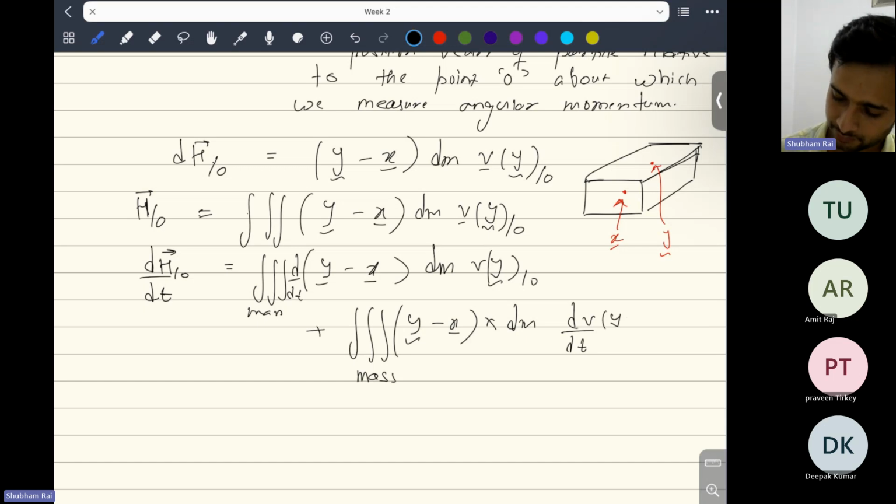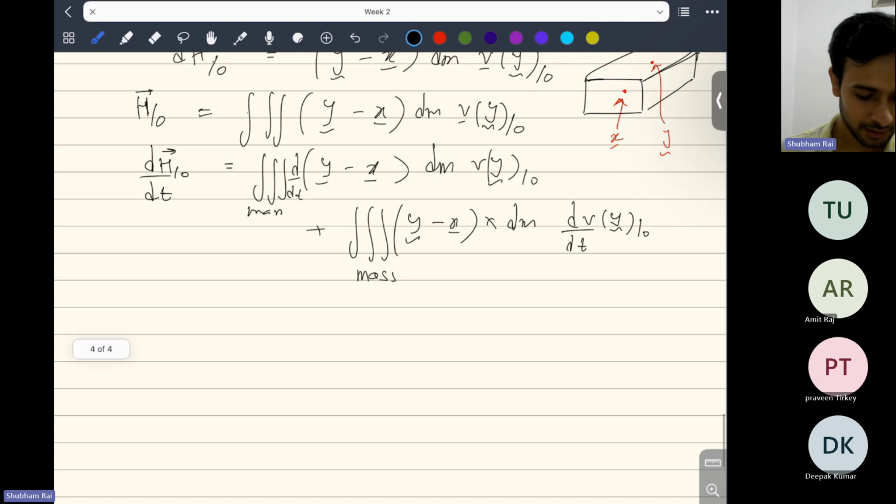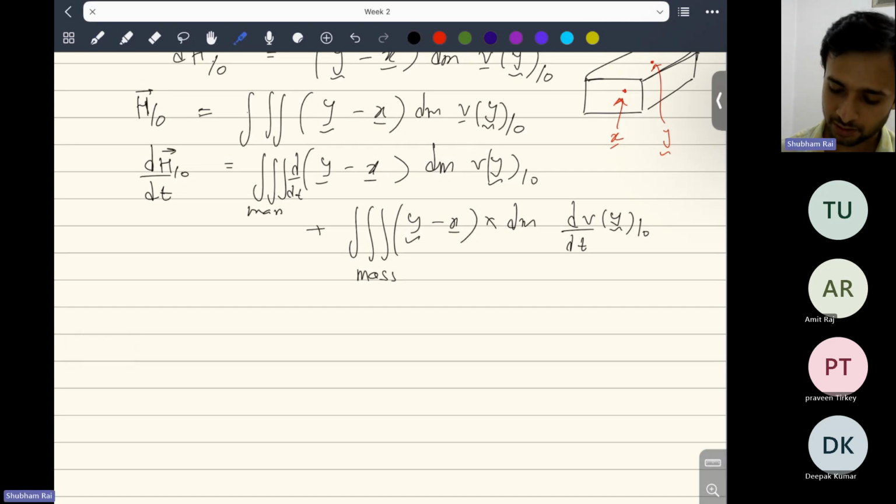I just applied the product rule: these two functions were in a product and both were functions of time, so I differentiate the first with respect to time plus the second with respect to time. So finally, what will we obtain? Here dy by dt is nothing but the velocity of point y, and dx by dt is the velocity of point x, and vy minus vx will be the velocity of point y with respect to x. So finally, what I can write is